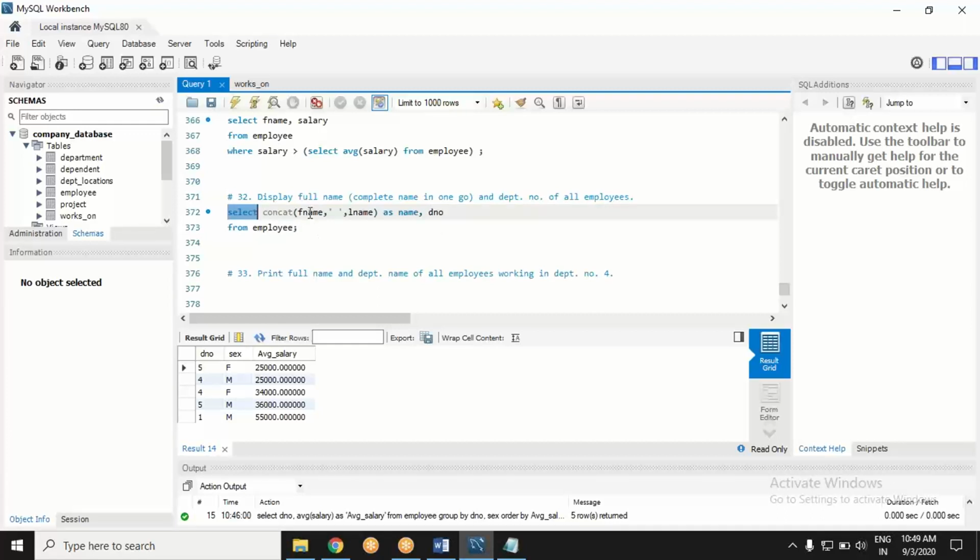So what we are doing, select concat f name. What is this in between? This is white space. Concat is a function to concatenate, to combine several strings. So I want to concatenate strings in f name, leave a white space in between, and then last name should be concatenated. And I want to call it